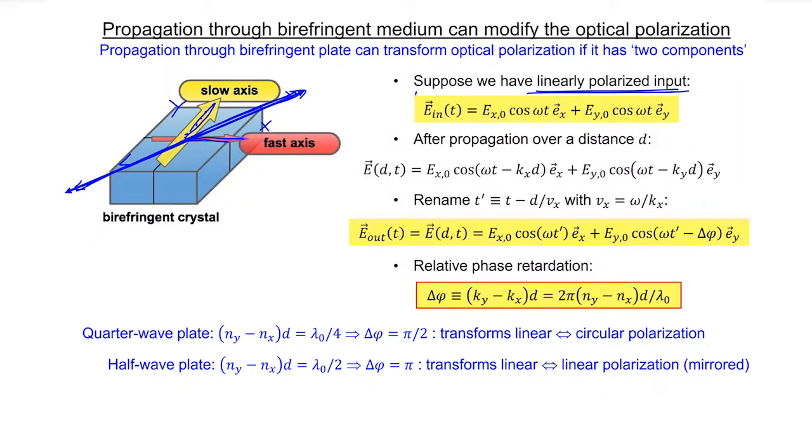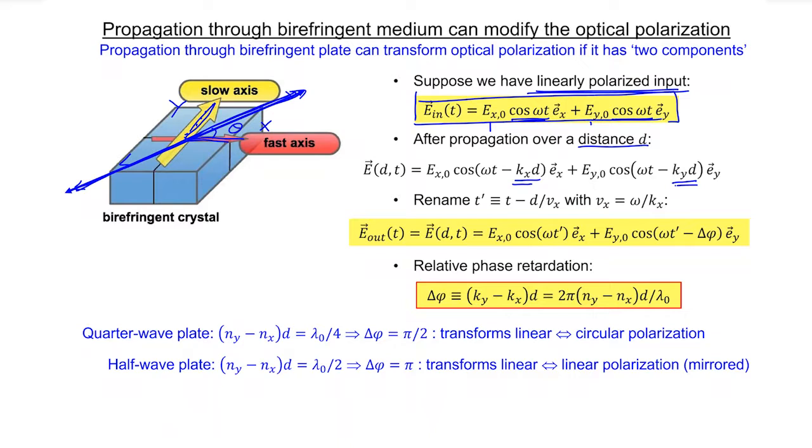And if you decompose the field, it of course has an x and a y component with an amplitude depending on this angle, and the oscillations in these x and y directions are in phase because we started with linear polarization. Now if you propagate this light over a certain distance d, upon propagation you acquire a phase delay